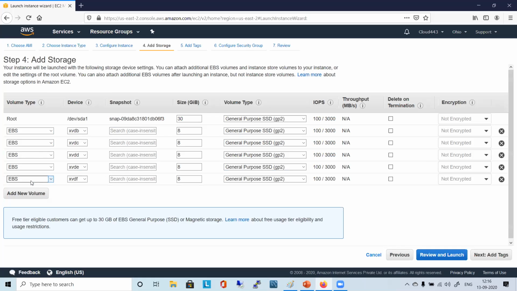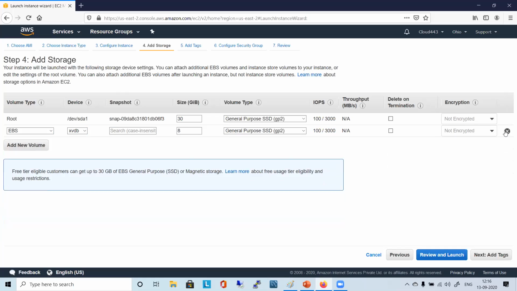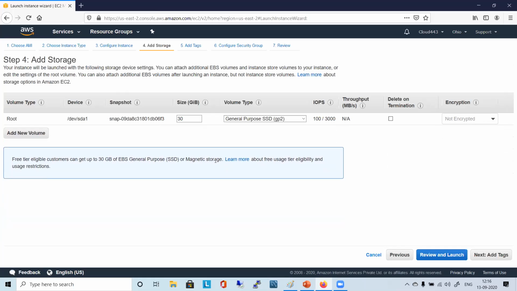Yes, right. So we are attaching additional hard drives with different names, like B, C, D, E, F. Correct, these are different hard disks for different purposes, D drive, E drive or something. And apart from this, all of this will be EBS here. Whatever you are seeing here is in EBS.